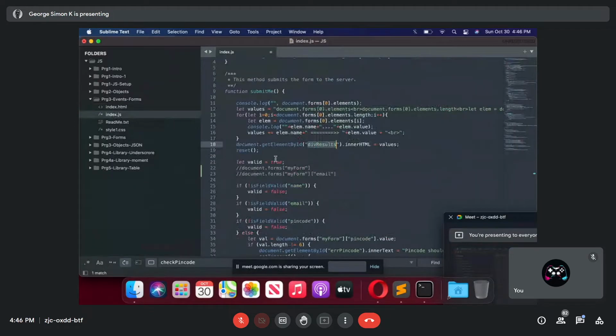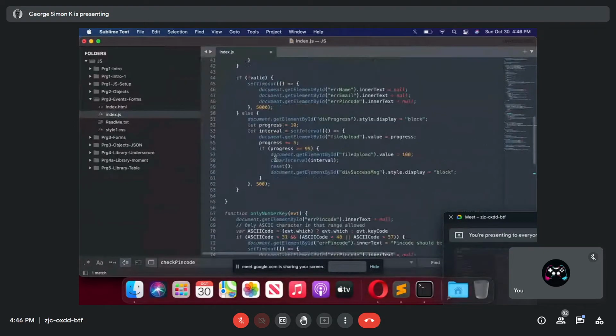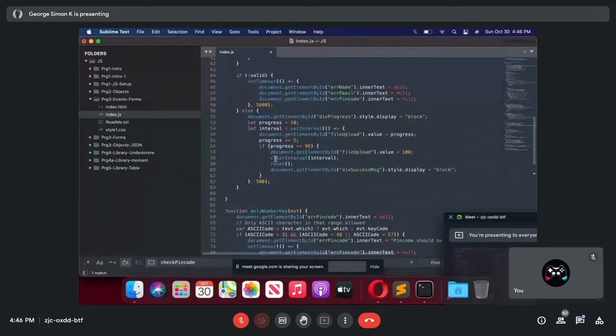So what I'm doing here in submit, I don't have a server right now to show the exact value, how much is completed, how much file is transferred, etc. But I'm giving you an example. Each half a second, I'm increasing the value just to demonstrate. Each half a second, I'm increasing the progress value. That means it will be executed nearly 18 times. So then it will reach 100.